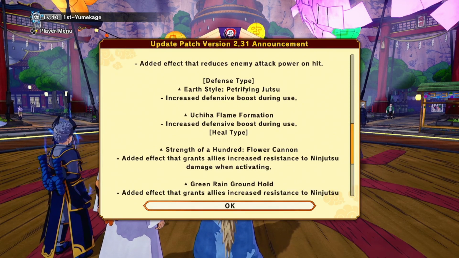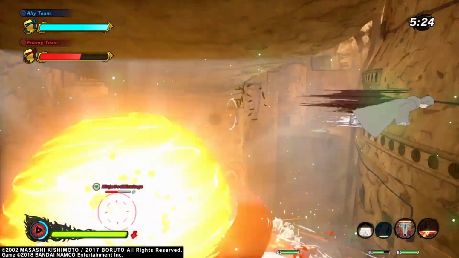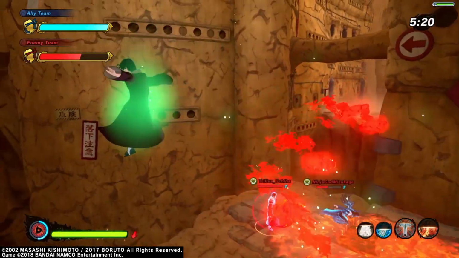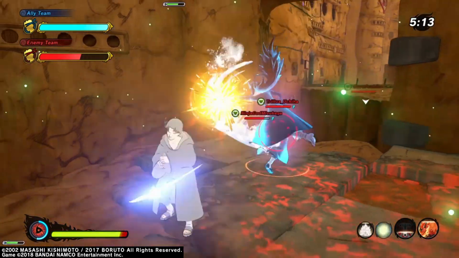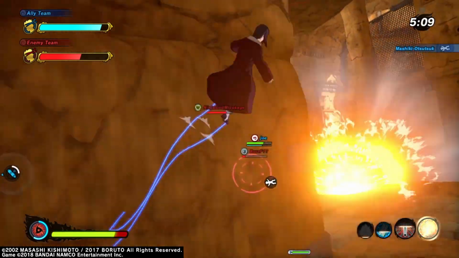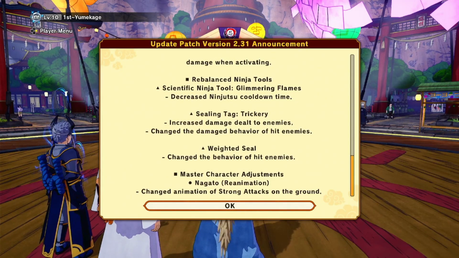So it added an effect that grants allies increased resistance to ninjutsu damage when activated. So yeah, man, all in all, this has been an amazing update. This is what we needed as a community: addressing the hackers, a dope DLC, and some decent balancing that they've done this time. Oh yeah, and the biggest thing probably is that they changed Nagato's heavy attack, so